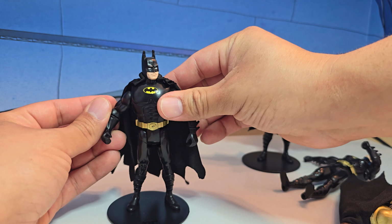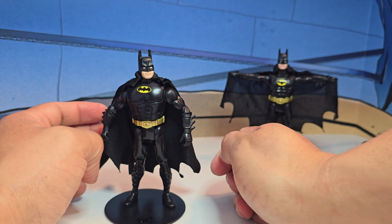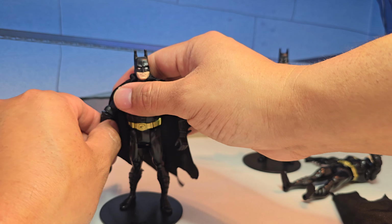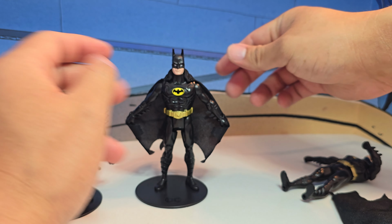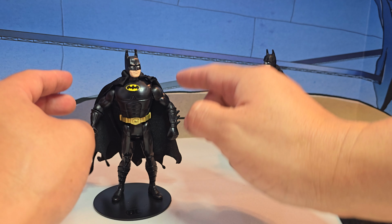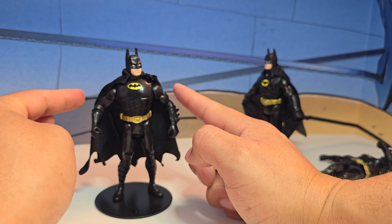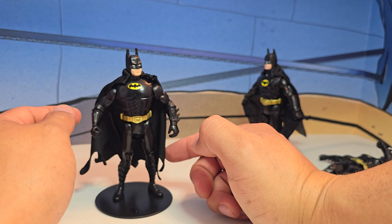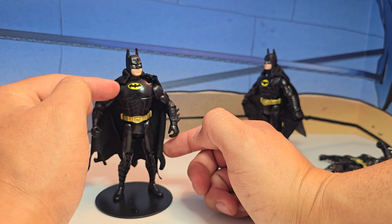Now before we get into the armor, the arms are not going to go all the way down because they're different from the original one, and even then, they weren't going all the way down. So you could use maybe a rubber band to hold it. I tried it, but they kind of still come up anyways. That's my only gripe. But if you bought the Batman Firebolt, or Firebolt Batman, it actually comes with this chest